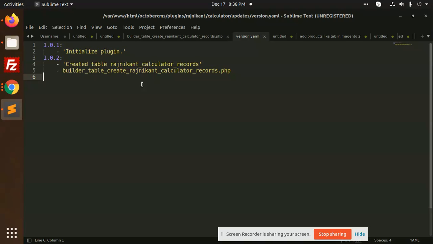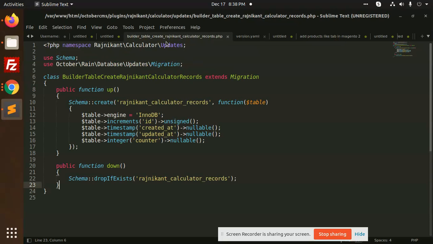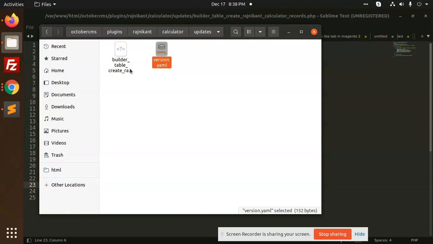Now, when you are upgrading the database, you need to add version 1.0.3 and create a table, whatever you want to update in the file. This is the update file name and the builder file name. When it runs, it will upgrade the migration and create a new record in that table. So this is how we can use that. Here you need to create a new folder, like you can upgrade the schema or something like that. You need to add it, like we do in Laravel for migrations.